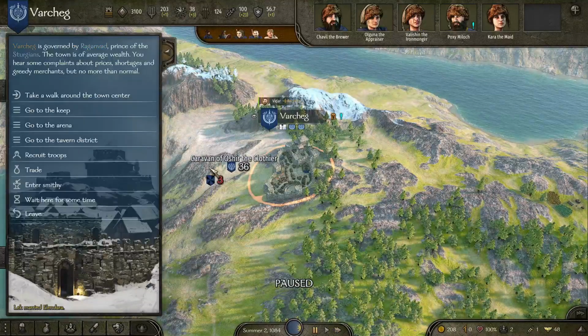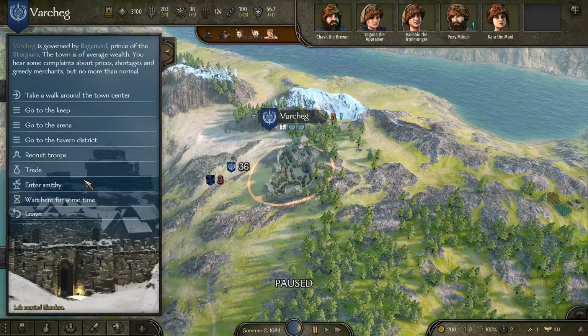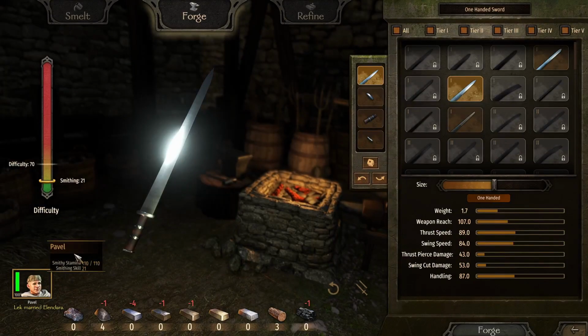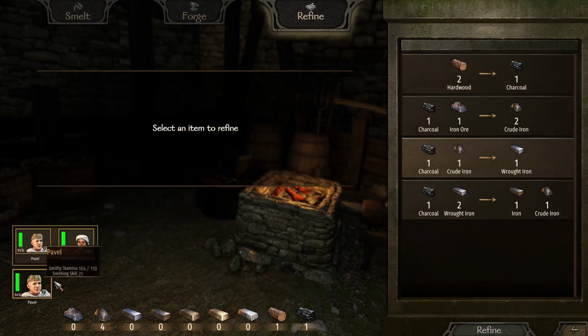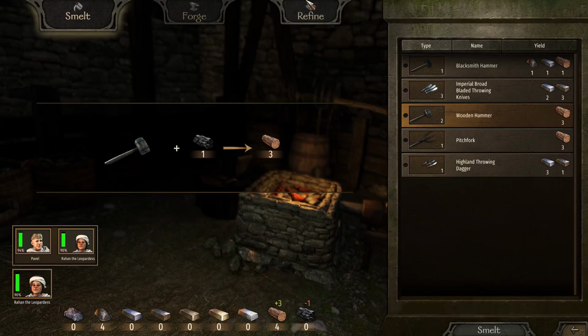We can pick up more troops. Sea Raiders. I'm tempted to go fight those guys, but I think they might kick my butt right now because I haven't bought anything yet. But only 3 is pretty nice. All right, smithy. Fine. We're going to work on our things that only take...